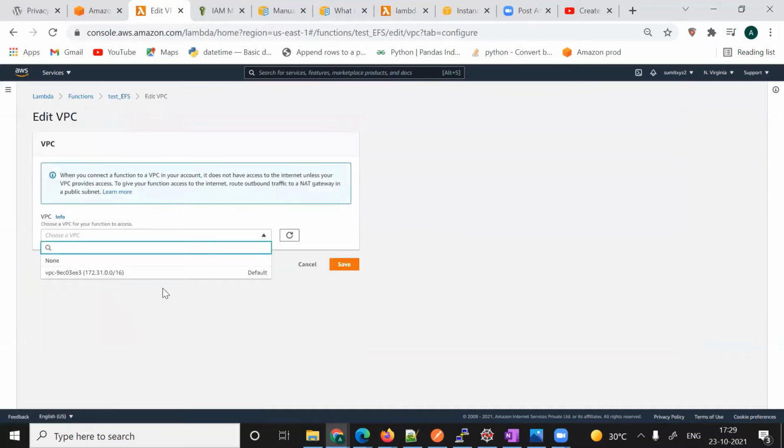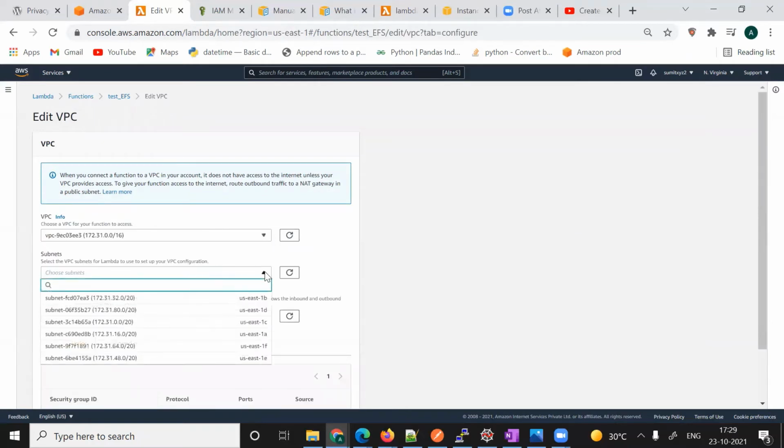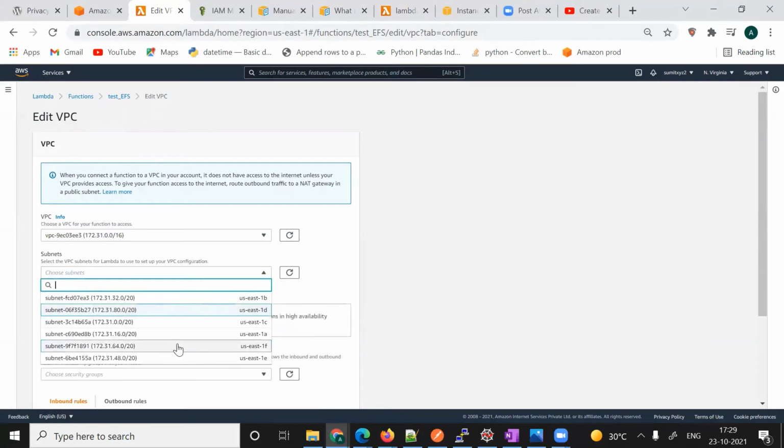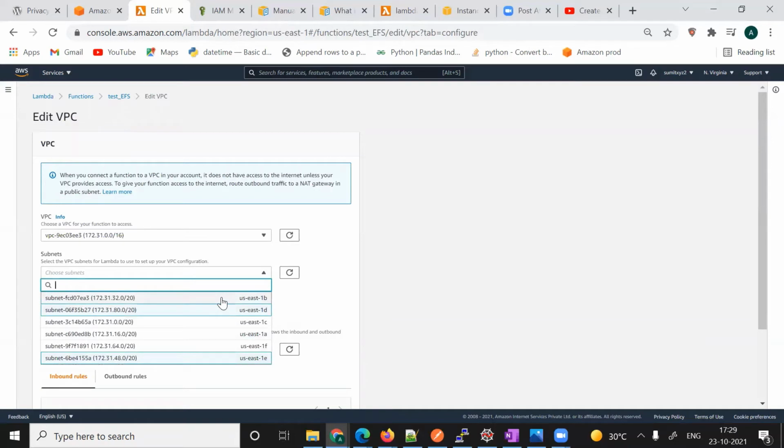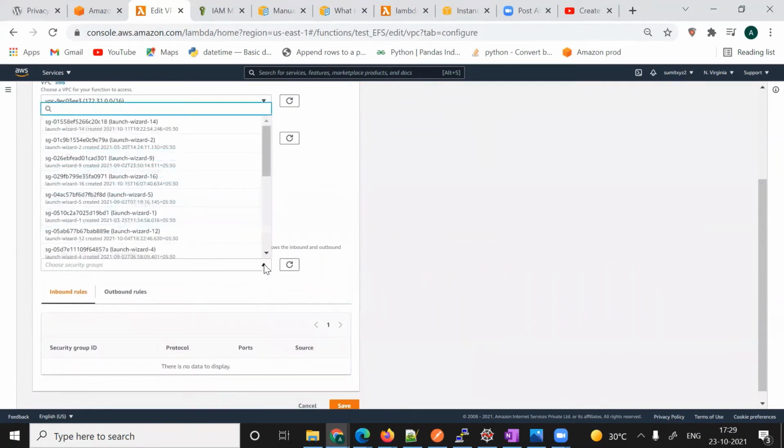So we'll connect to the default VPC and choose subnets. We'll choose this one, D, and we can choose two more, D, E, whatever you want. Then for the security group, the default security group.